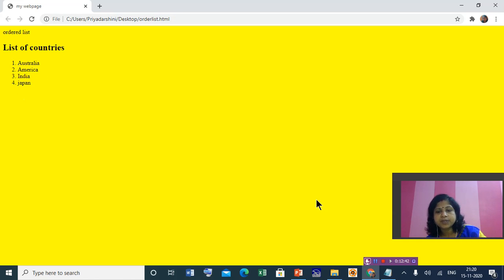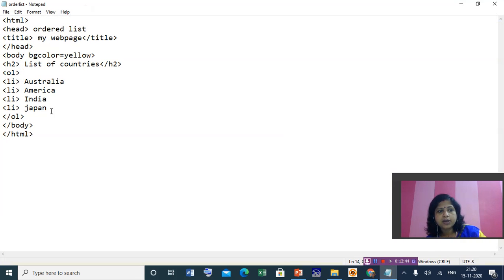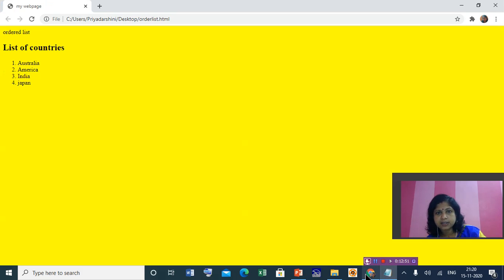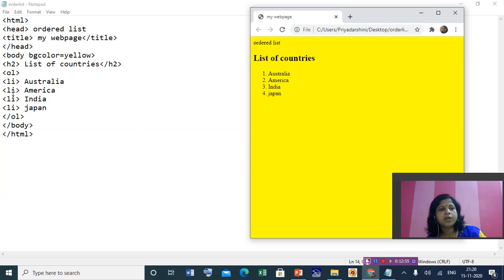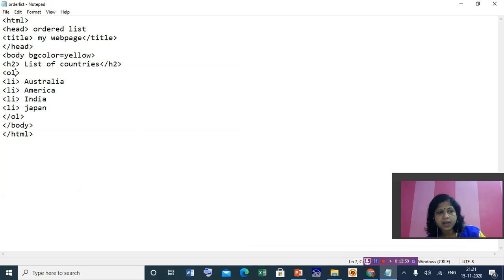Now you must see here, I have just written ol and the output came as 1, 2, 3, 4 like this. Let us see both the things at a time. Here only ol, and it is showing 1, 2, 3, 4. But here if I write type,